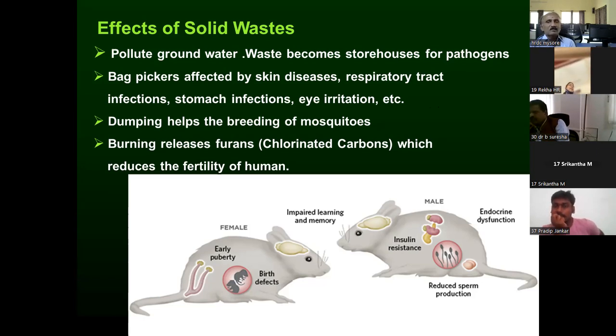Whenever these furans are inhaled, they may affect fertility in human beings: the production of male gametes, female gametes, and fertilization. If you are exposed to such furans, in future, if you get married, you may not bear a child. So the fertility is